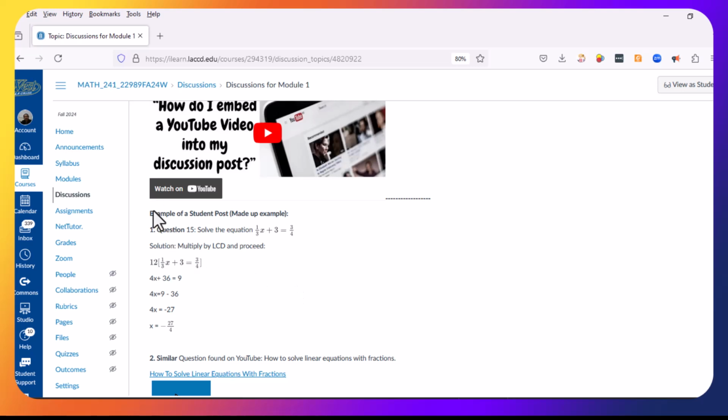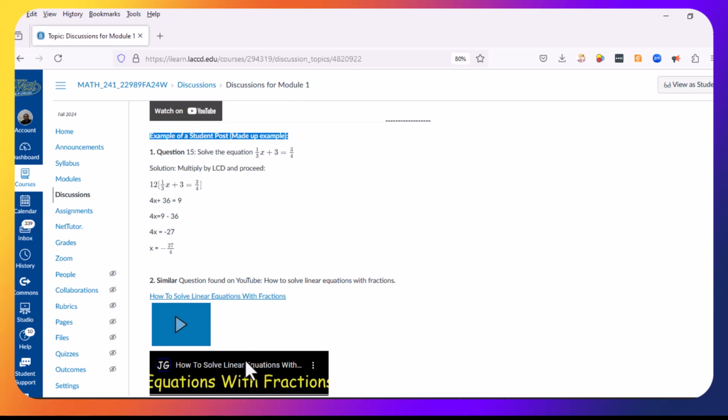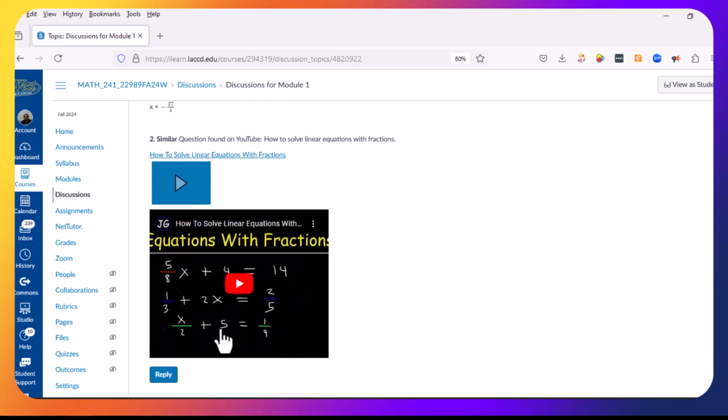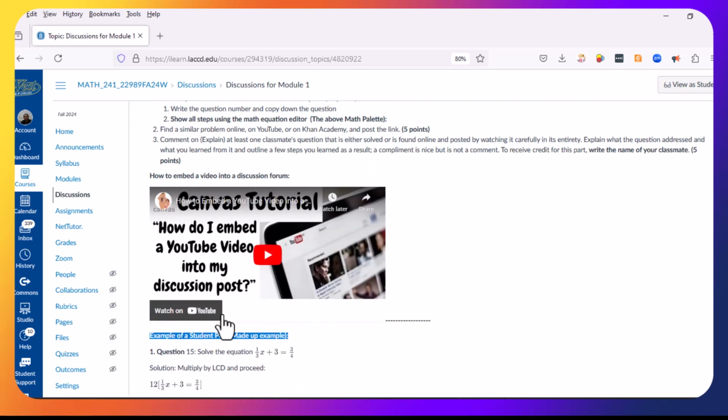If you are picking this example here, you can use the math editor to compose equations, or you can just simply take a picture of your questions and embed a video or pictures in here. This is a video on how to embed a video,